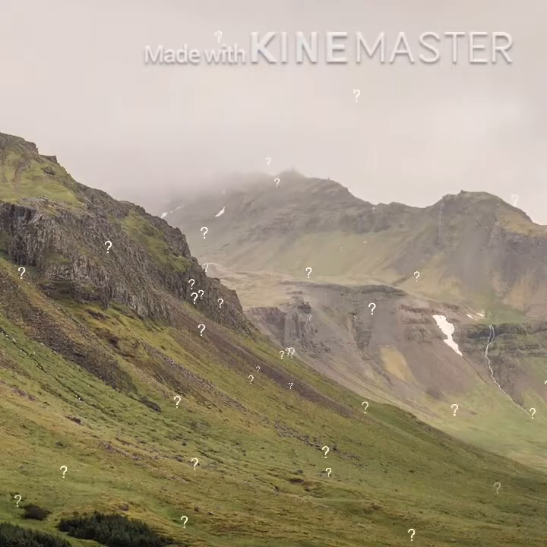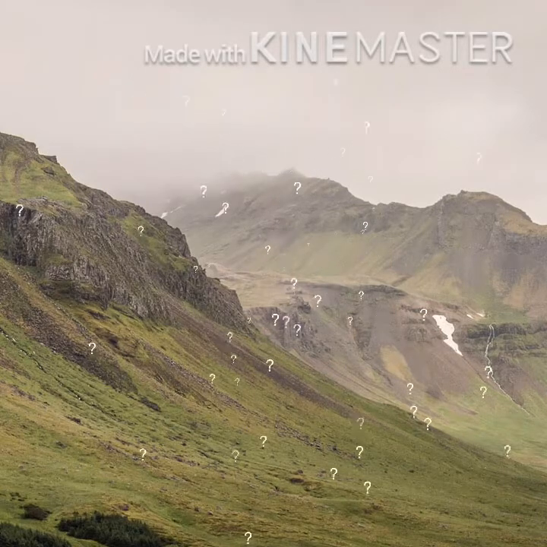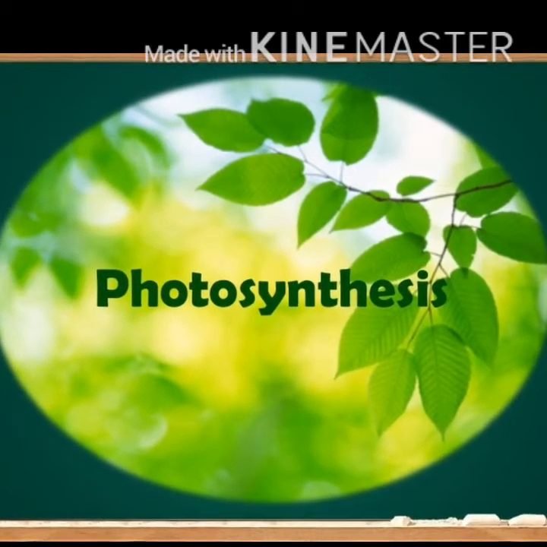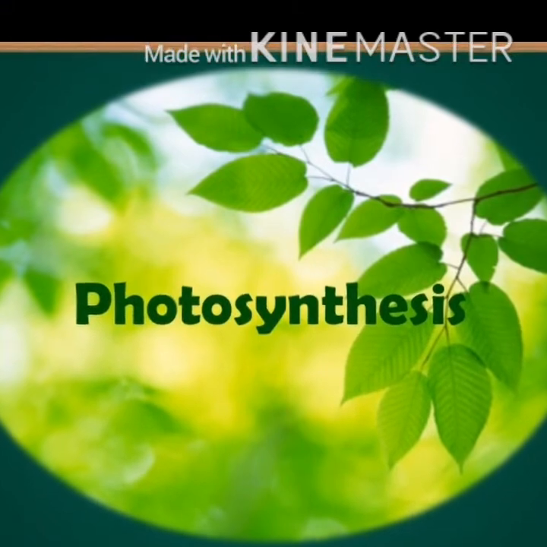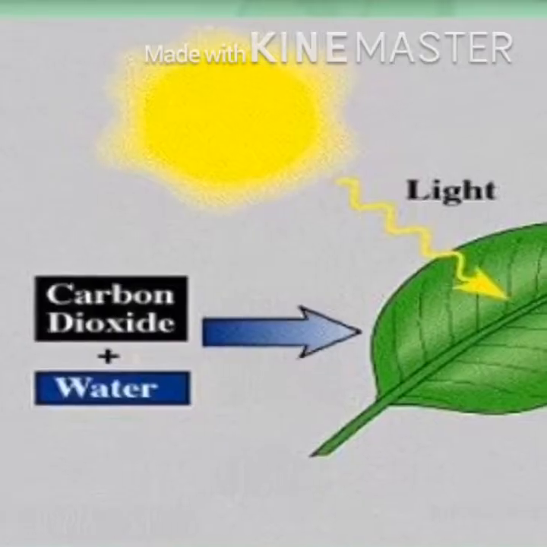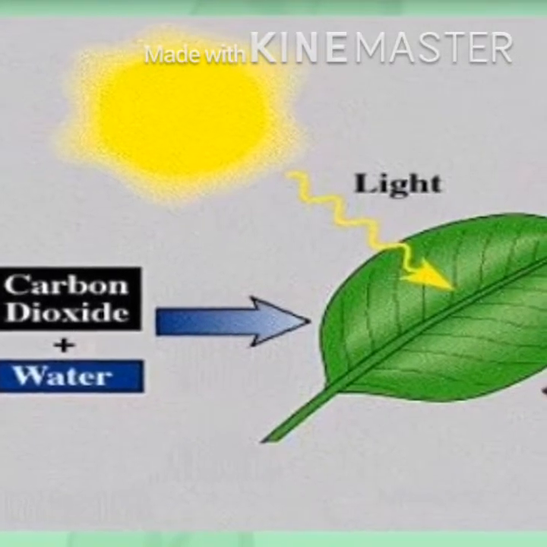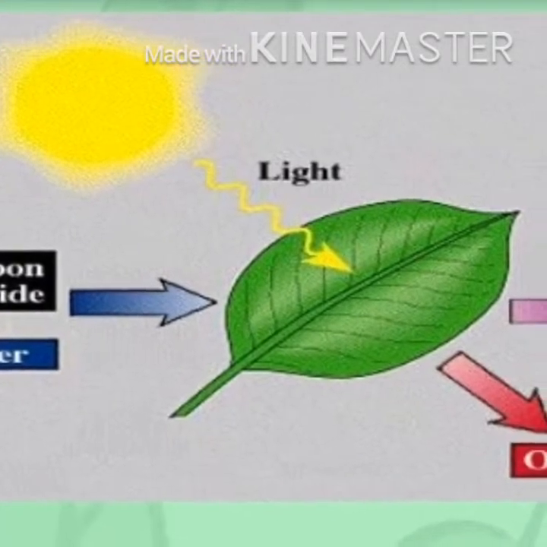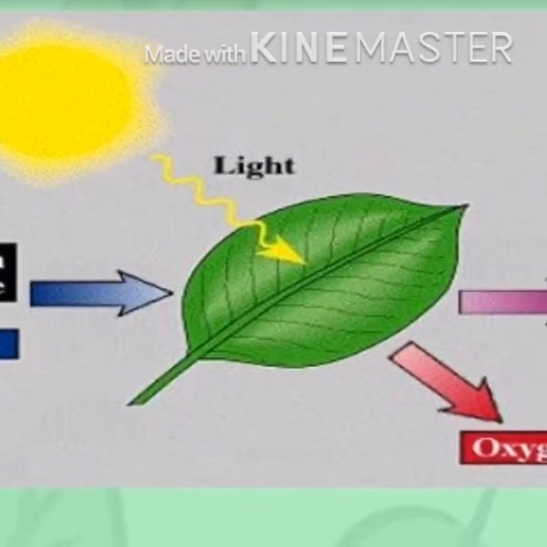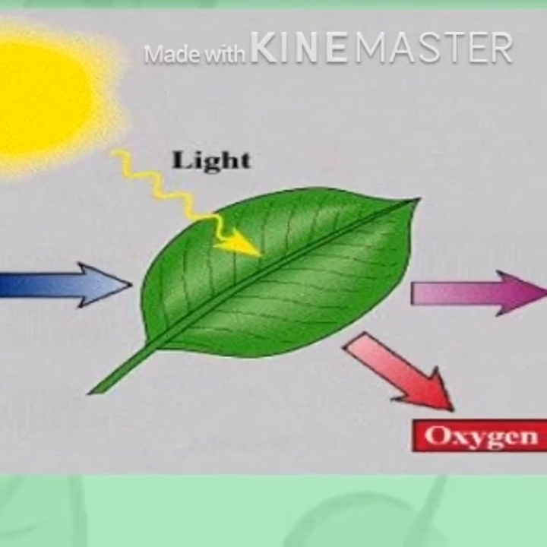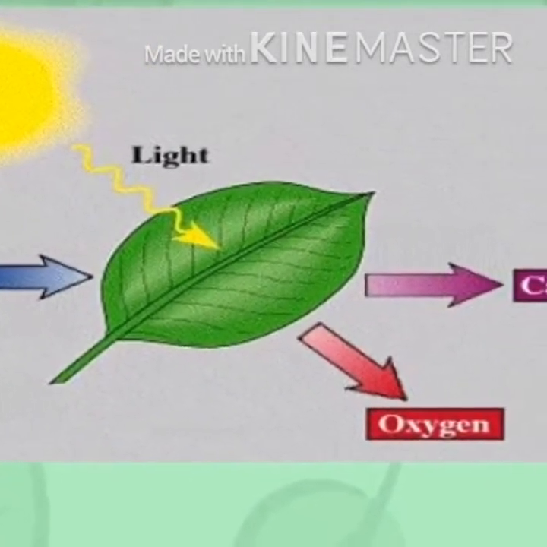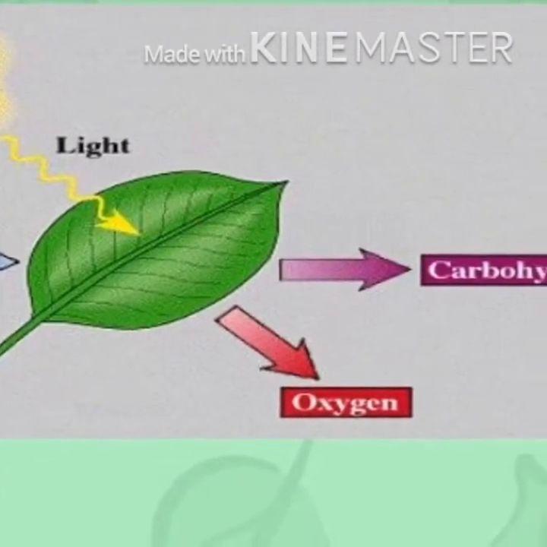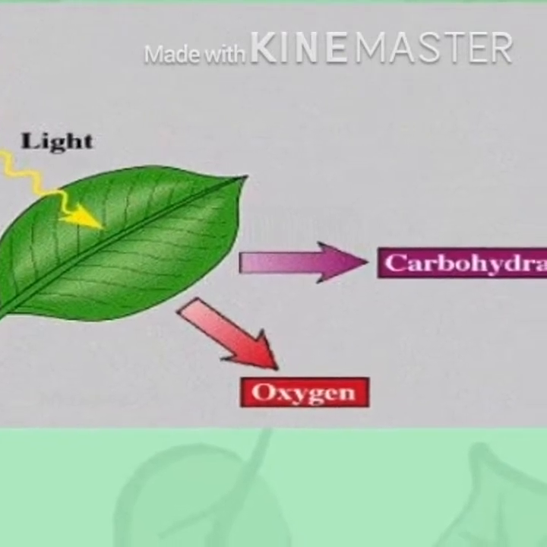The third question is how plants make their food. It is through the process of photosynthesis. Now I will explain all about this briefly. As we know, plants make food in their leaves. The leaves of a plant are arranged in such a manner that each one of them can trap sunlight. The structure of a leaf is flat and thin. This enables the sun's rays to easily penetrate and reach the inner layer of the leaf, where the process of